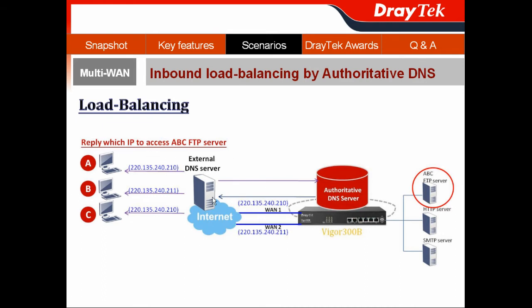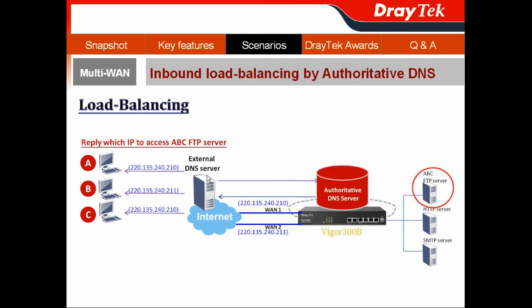And this external DNS server will ask Vigor300B, okay, tell me, where is the ABC FTP server? With the authoritative DNS server function, Vigor300B can give different WAN IP addresses to the external DNS server for